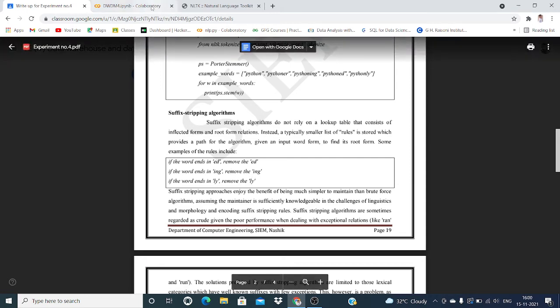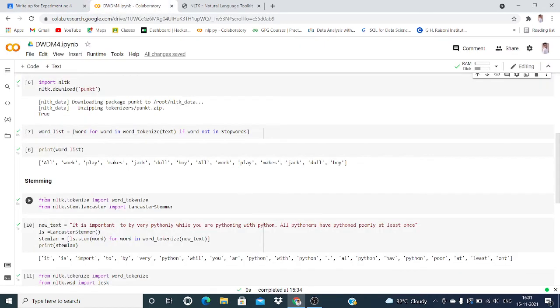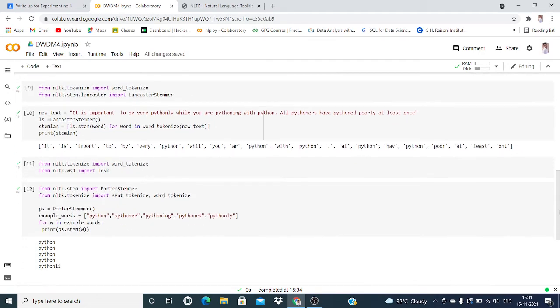Now you can see the stemming program. From nltk.tokenize import word_tokenize, from nltk.stem.lancaster import LancasterStemmer. Now text: this is our list name.